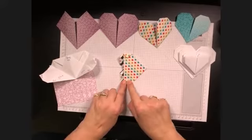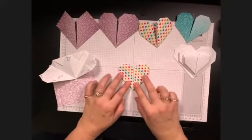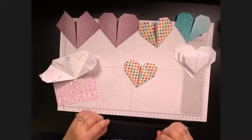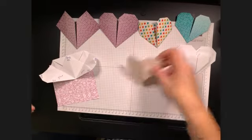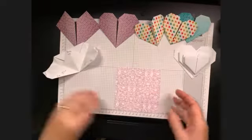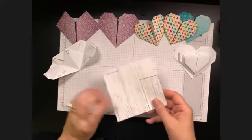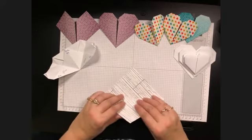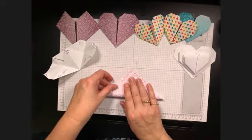It's a bit tricky trying to show you with these little tiny bits. So there we go. Another heart for you. So we'll get the other bit of paper and we'll do it again. So if you want to grab yourself a 6x6 square, we shall turn him over. So even if you use your grid paper to maybe help you,